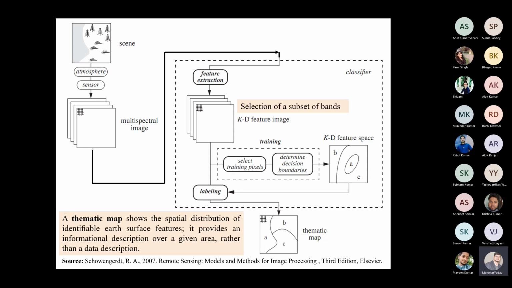Each row represents the digital number corresponding to the respective spectral band. The first row is the digital number in the green band, the second row in the red band, while the third row is the digital number in the NIR band. So one by one, each pixel is given as input